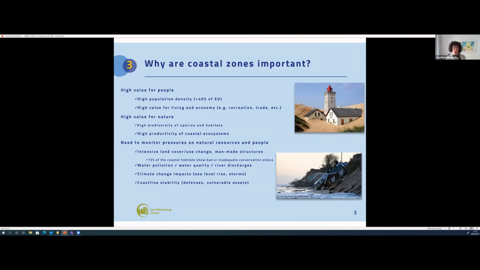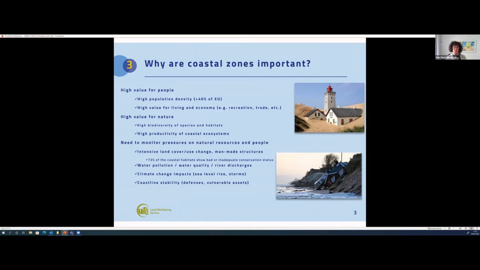Coastal areas are among the most populated areas in the world, and this means that they are subject to increasing pressures from what? Population expansion, tourism, shipping, resource extraction, on and offshore wind energy production, exploitation of natural resources by certain activities as well, such as aquaculture, fisheries, and the associated overexploitation that we all know about, agriculture, and the list goes on and on.